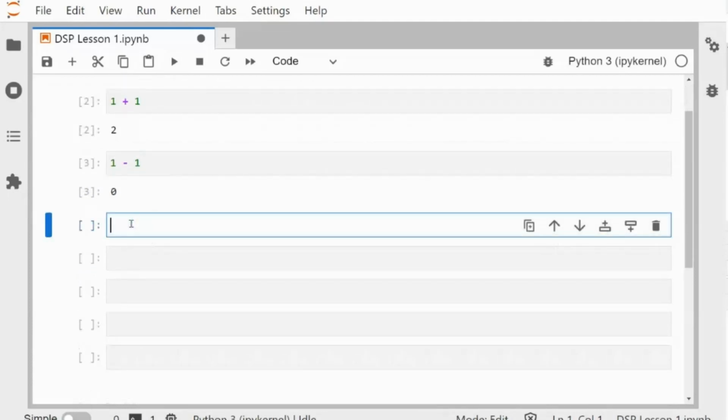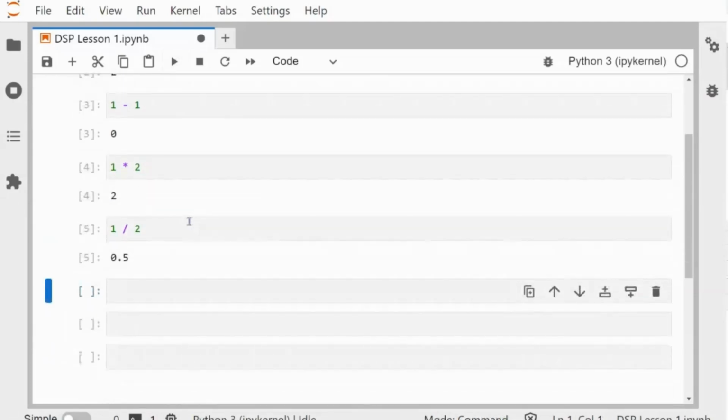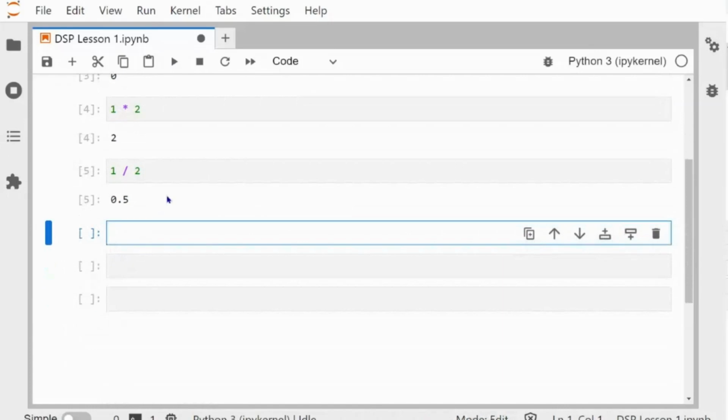And let's look at multiplication. 1 times 1 is boring, so we'll do 1 times 2 and run that. And then with division, we'll do 1 divided by 2, should be 0.5. Perfect. And then the more complex one, there's the modulus or the remainder one.